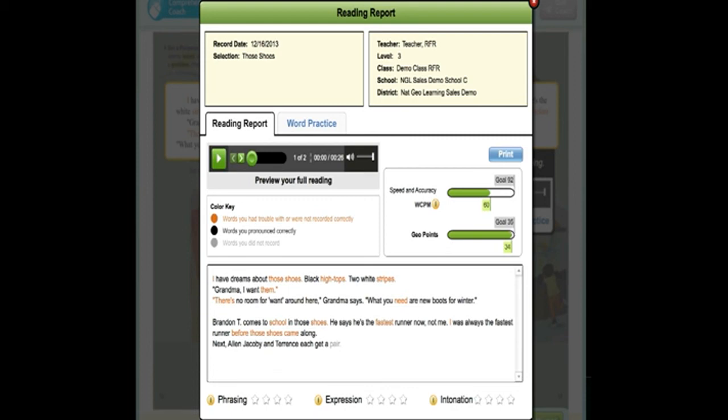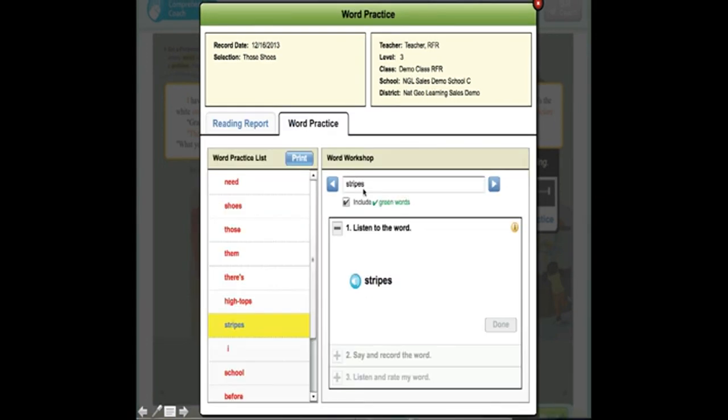The student also, while recording their voices and reading, was able to read 60 words correct per minute, and for their grade level, we see they should be reading about 92 words correct per minute. You, the teacher, at any point in time could listen to that student's actual reading of the passage that they have just recorded. As far as the word practice report that is available, any words that the student had difficulty